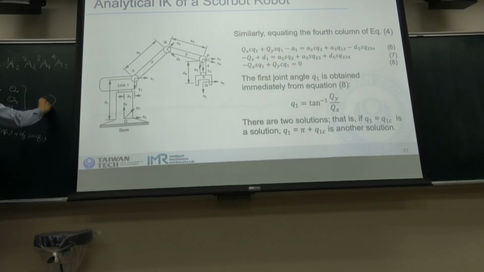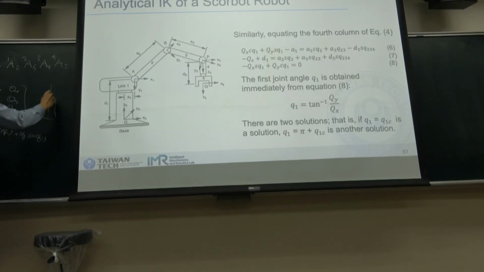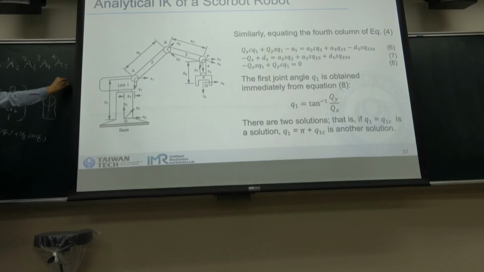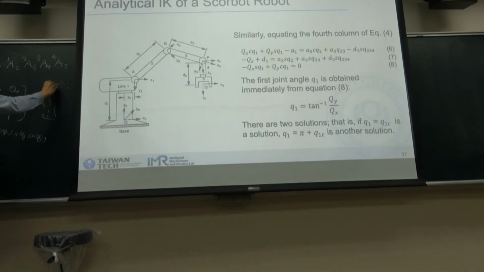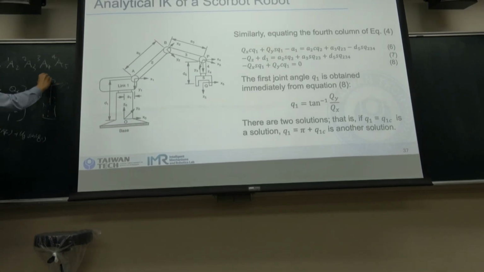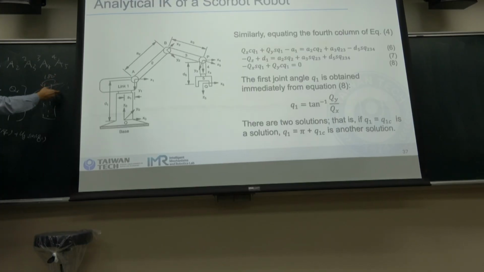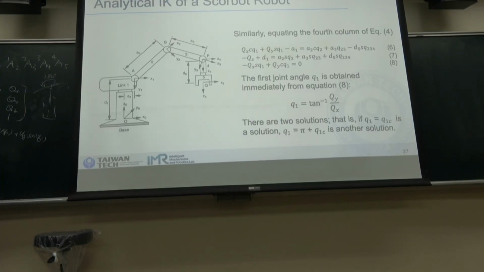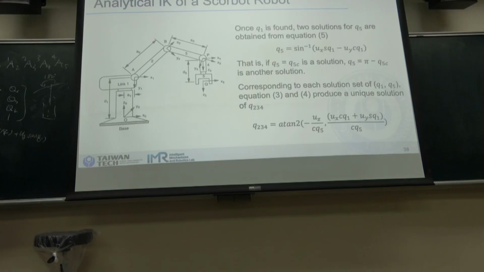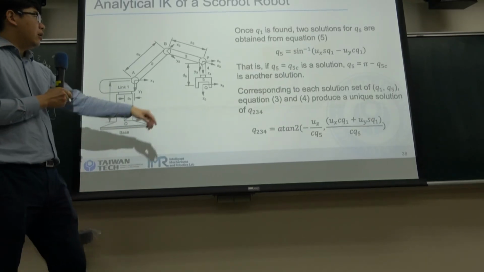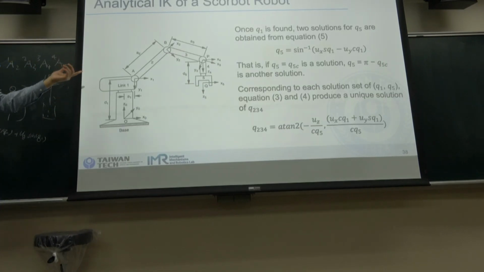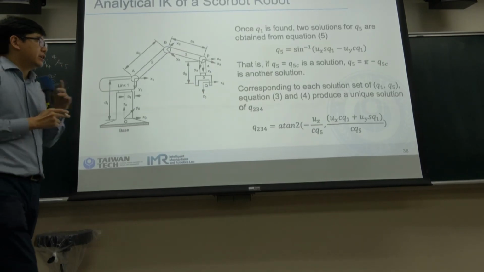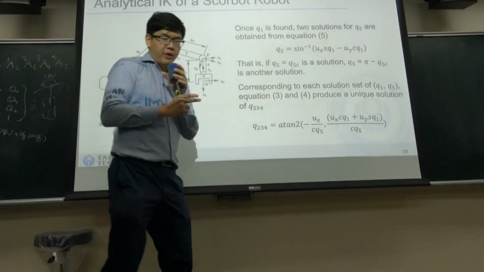So you can recall that for the first one, if the robot falls in this plane, then one solution will be here, and the other solution will be reversing 180 degrees. And once Q1 is found, the two solutions for Q5 can be obtained from the equations. So if we take equation 5,